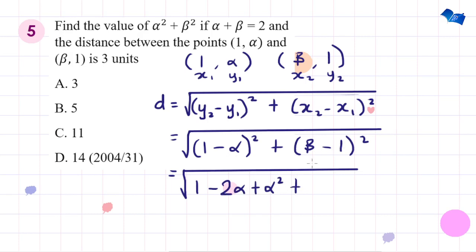Plus, same thing here, beta will multiply beta, that will be beta squared. Beta will multiply minus 1, that will be minus beta. Minus 1 will multiply beta, that will be minus beta as well. So when you add, you have minus 2 beta. Then minus 1 will multiply minus 1, you get plus 1. Okay. So now I'm going to quickly collect